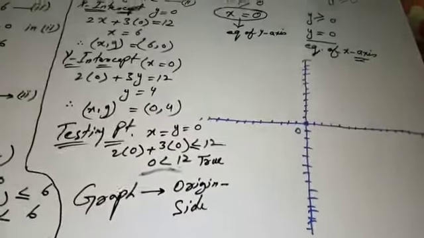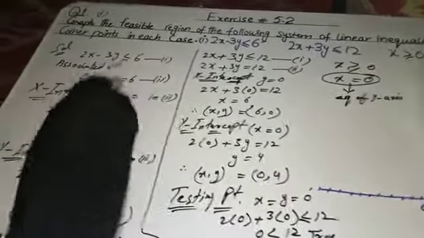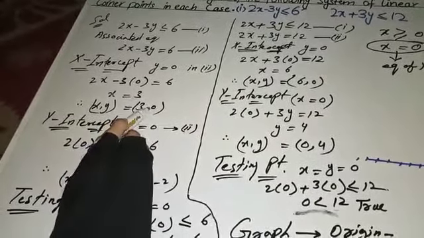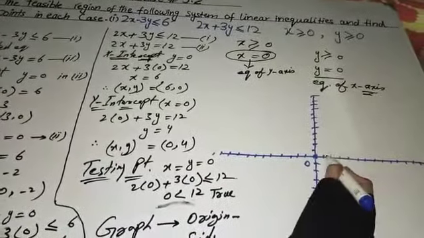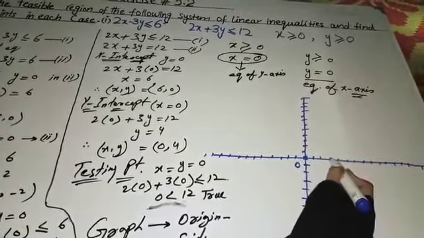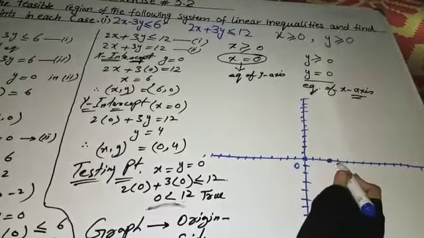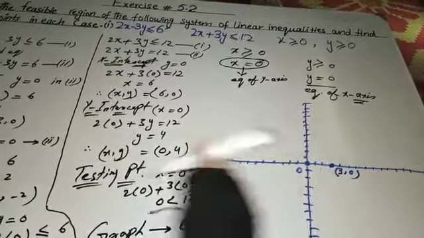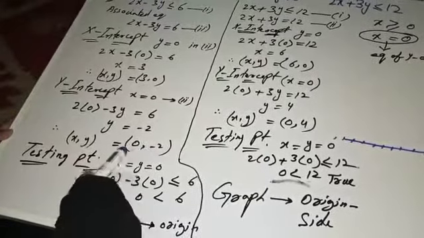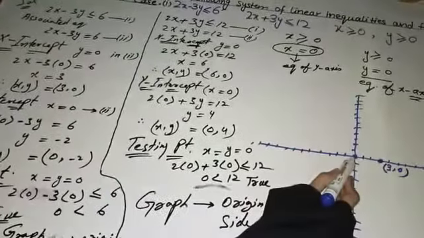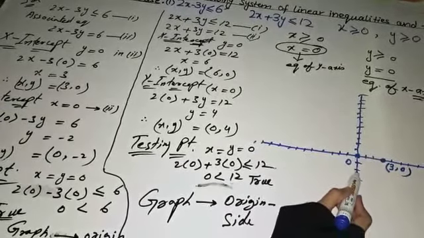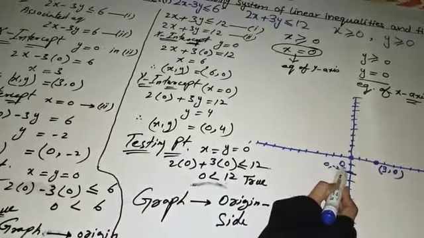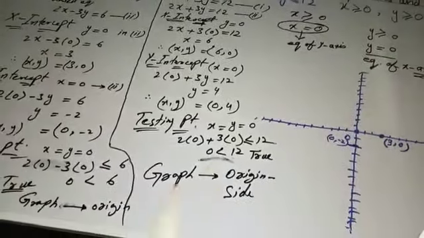Now, as in case of the first linear inequality expression, the first point is 3 and 0, value of x is 3 and value of y is 0. So 1, 2, 3. So this point lies here. I have written this point on this intercept. And second, the y-intercept gives value 0 and minus 2. Value of x is 0, on the x-axis it lies at 0 and on the y-axis it is at minus 2. Suppose this minus 2 lies here. This is 0 and minus 2. Now join these 2 points.